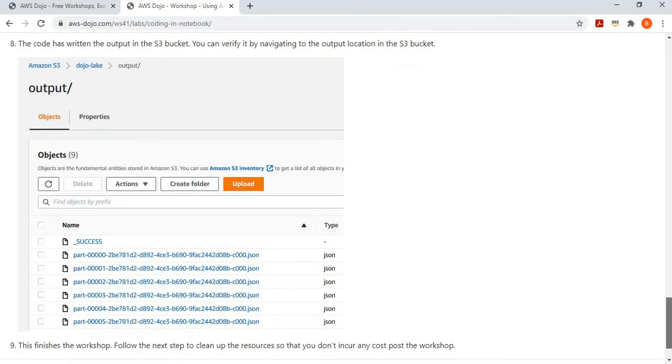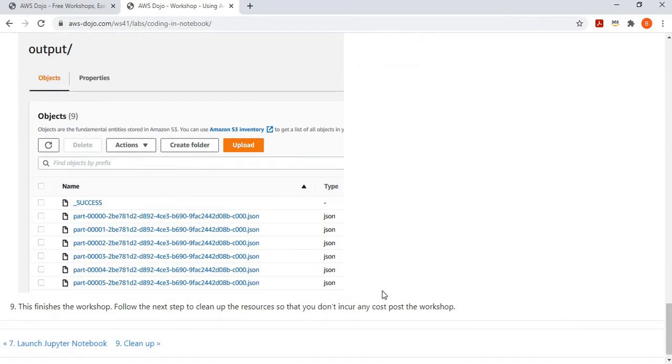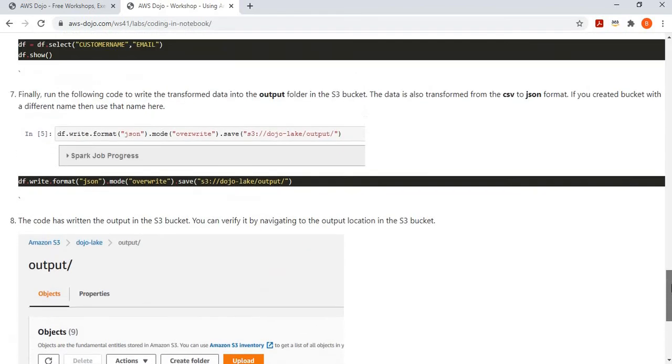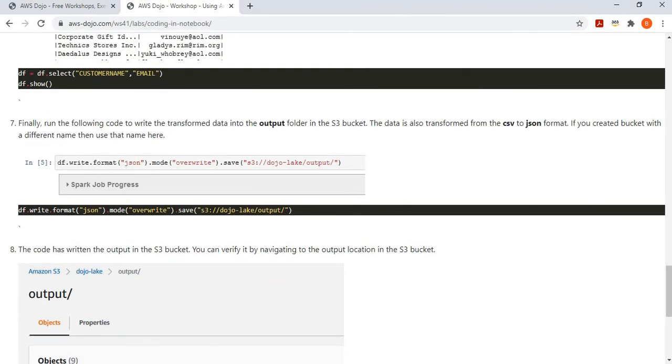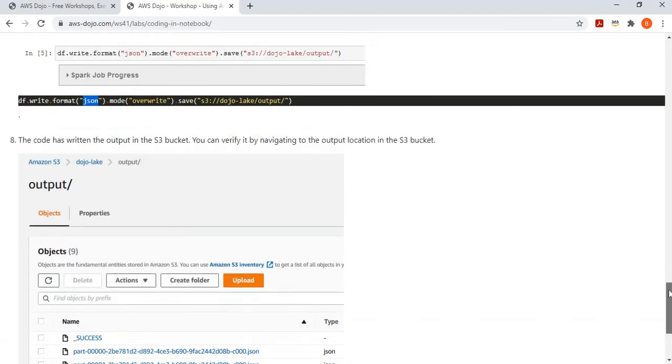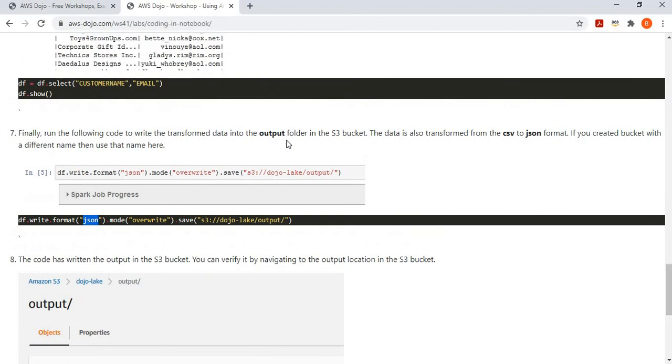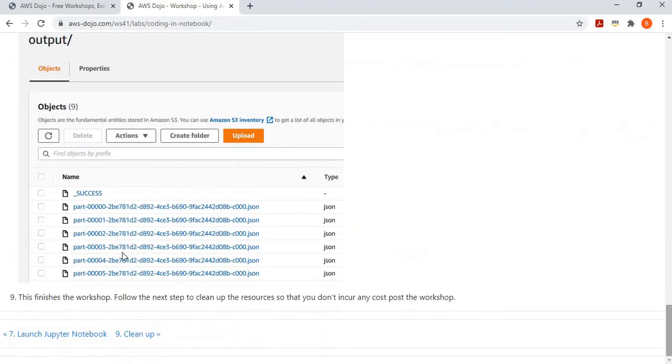And you can see in the output that your data has been created in the output location. And since we selected JSON as the format, my CSV data has now been formatted into JSON format with just 2 columns, customer name and email. And you can very much open these files, and you can see the output.